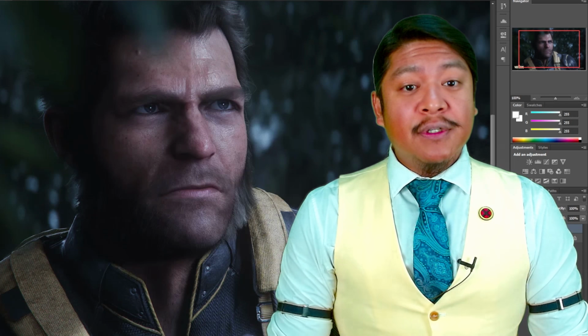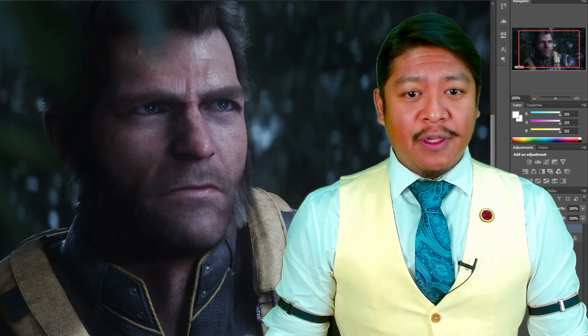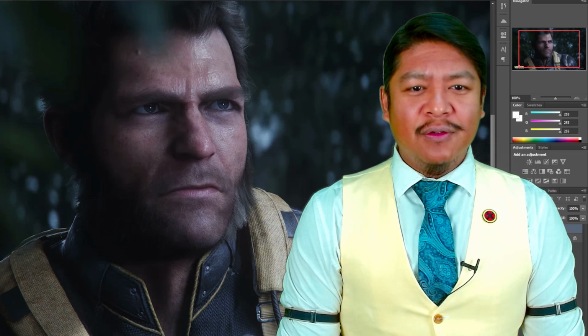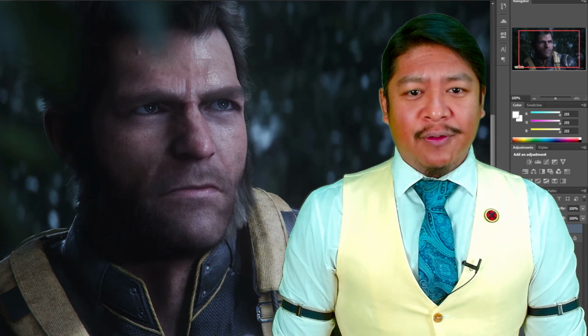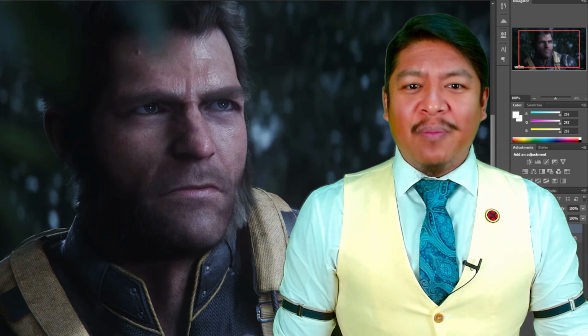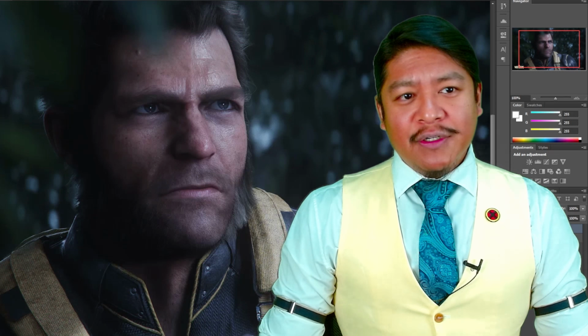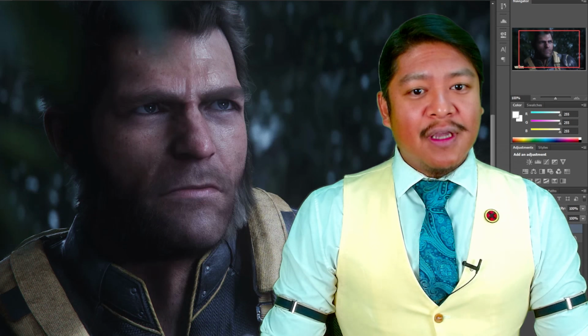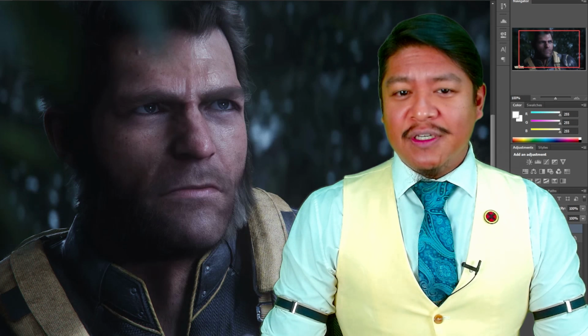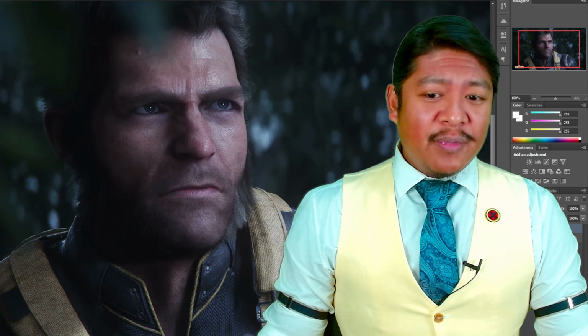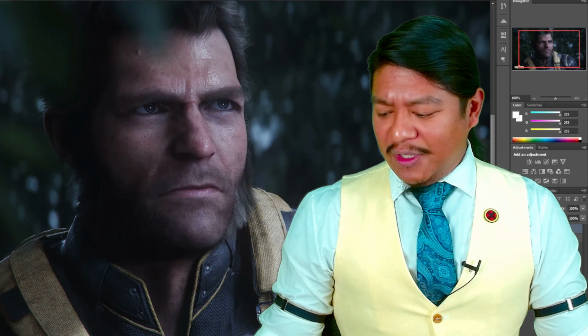Today I wanted to discuss the topic of Sony Wolverine, the character, and his face. When I first saw this character, I felt something was a bit off, and it just looked odd. I've seen some people online express that they feel his face looks like a puppy dog or something like that. I want to discuss why that is and try to offer an attempt at adjusting it to see if it would make it any better or any worse. But first, I want to discuss something.